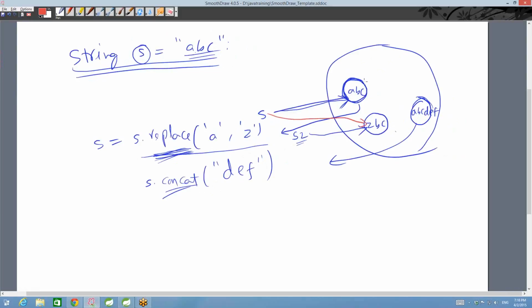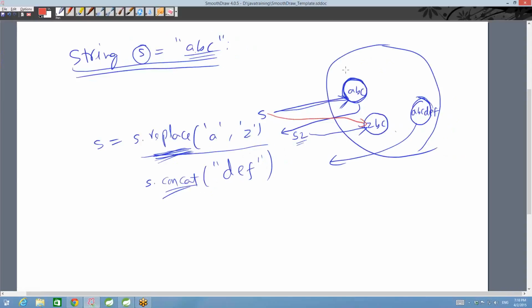But your original ABC object is still there in the heap, but nobody is pointing to this one anymore. And Java has an underlying mechanism called garbage collector, which will free up the memory automatically whenever it finds any objects that do not have any references. So automatically this gets garbage collected. But there is an original object, and until death it will not